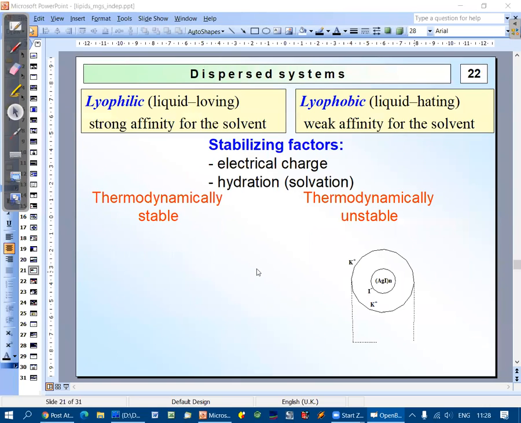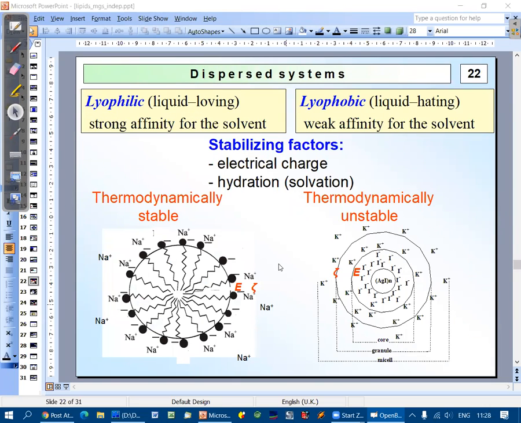I would like to compare the structure of sol, if you still remember what it is, and the structure of this micelle that is formed by colloidal surfactant. In sol,